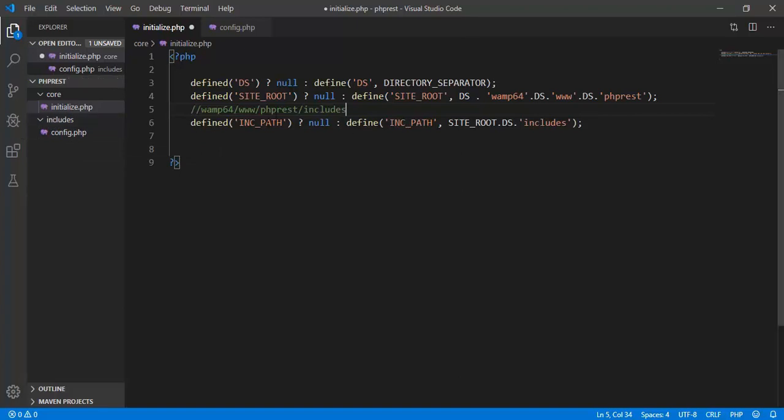Okay, and of course we also need to do the same with our core directory. So basically we're just defining here different directories in our project, so it will make more sense later on when we try to include all the files under these directories. So CORE_PATH, and then instead of using includes, it should be core. Okay,